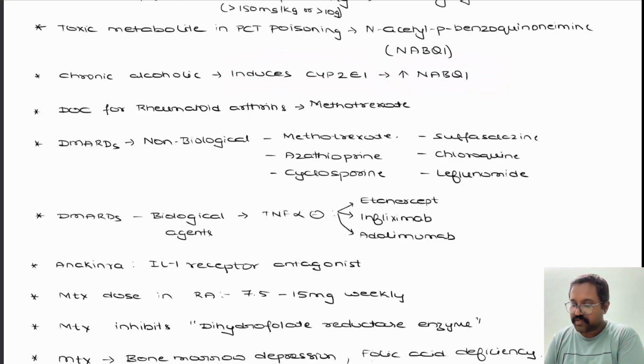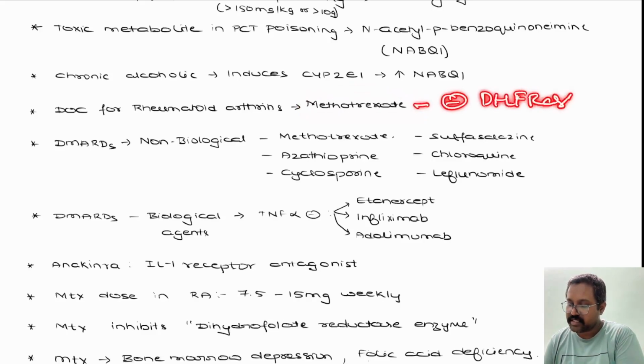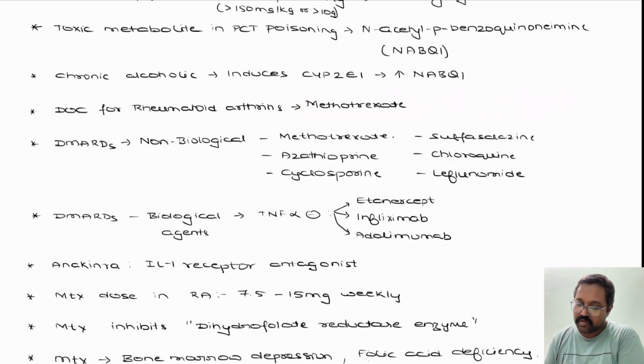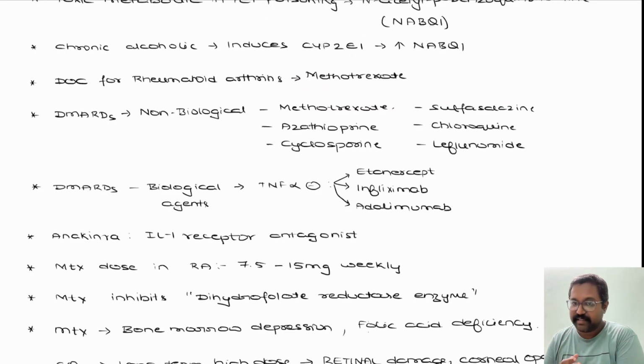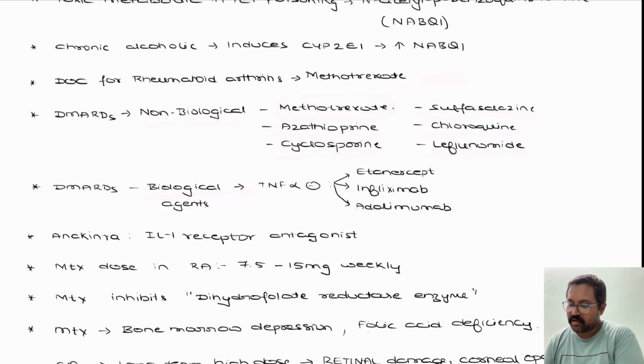So what is the drug of choice for rheumatoid arthritis? The drug of choice for rheumatoid arthritis is methotrexate. Methotrexate acts by inhibiting the dihydrofolate reductase enzyme. Under DMARDs, you have classified the drugs into non-biologicals and biologicals. Methotrexate is the drug of choice. Next we have azathioprine, cyclosporin, sulfasalazine, chloroquine, leflunomide,